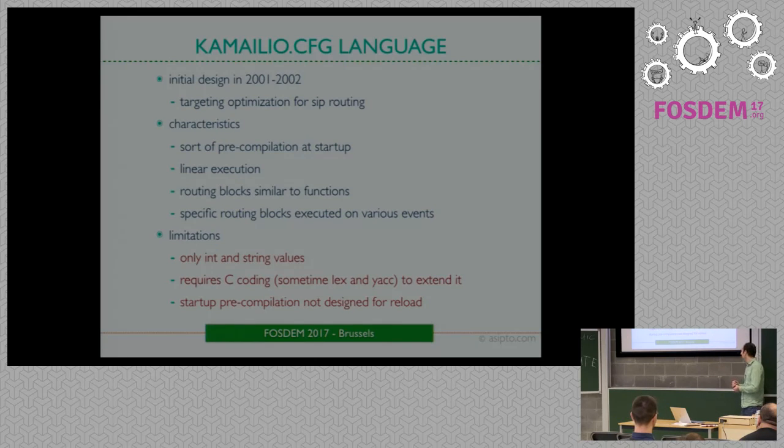optimize there. And for this, some of the characteristics, we do a pre-compilation at startup, so we optimize if there are regular expressions in the config file. We compile them to binary formats. We do linear execution, so one by one, of course, following the branches for if, jumping when executing routing blocks. But then also we have quite a lot of limitations because we practically have support only for integer and string values. Extending this language requires C coding and some other tools sometimes like Yacc and Bison for those familiar. And